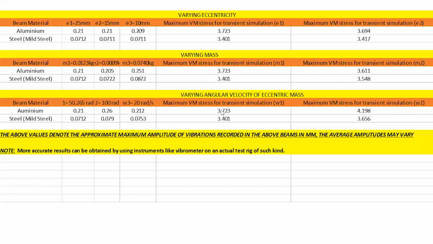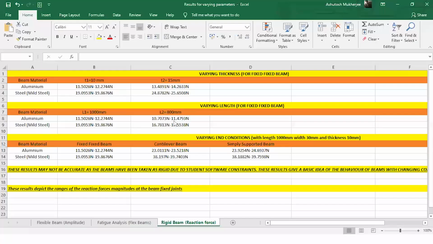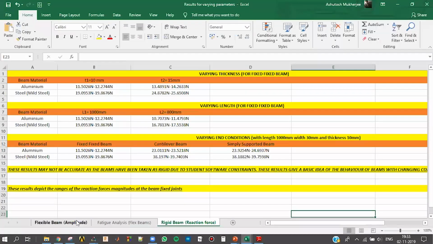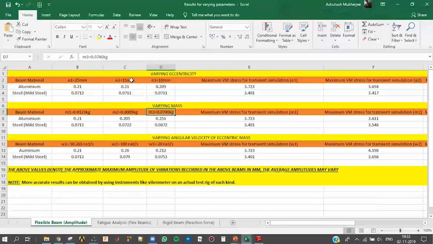So I'll show you the result sheet for this flexible beam. For varying eccentricity, as I said, I varied the eccentricities, I varied the mass, and I varied the angular velocity. So for varying eccentricity for 25 mm, 15 mm, 10 mm, this is the amplitude which was calculated in millimeters,